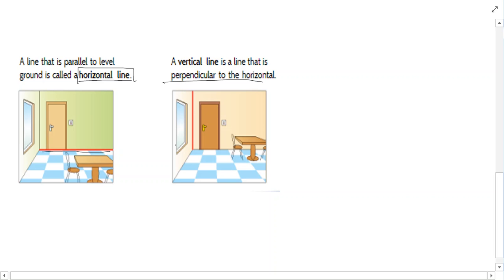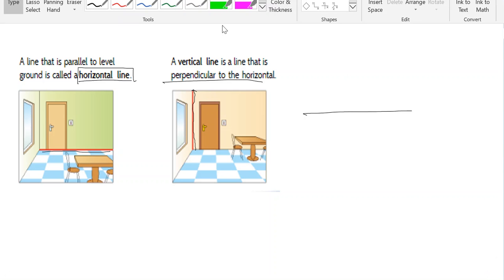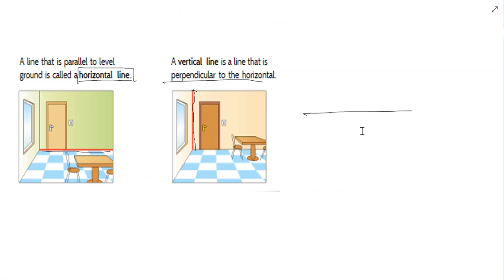Okay, so if we have a look in the room, for example, this line here that travels up from here up to here, that's known as a perpendicular line. So horizontal, this is horizontal, it's going across, and then perpendicular is this. So perpendicular then,